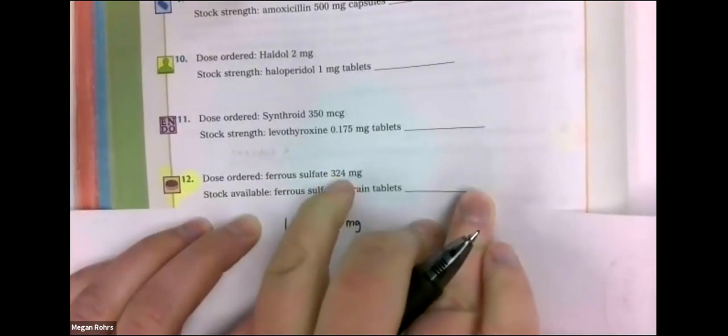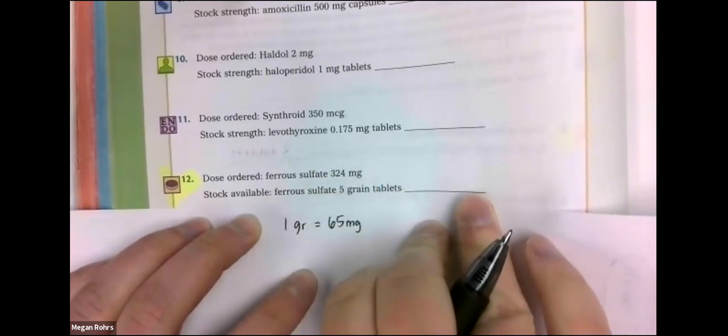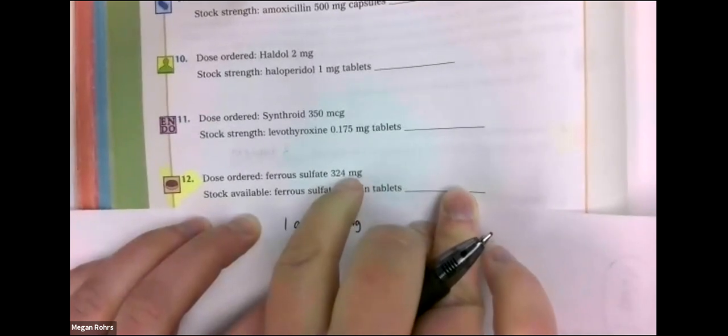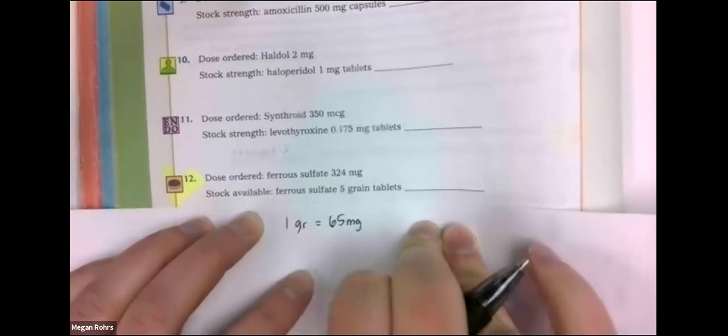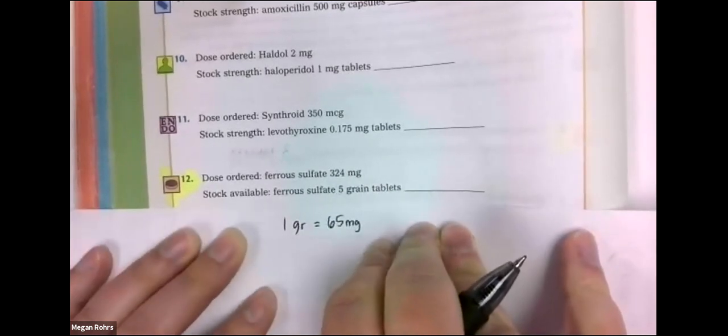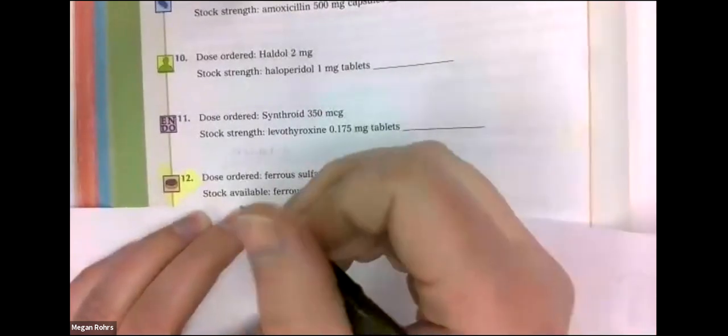And they are ordering 324 milligrams. So we can either convert this into grains, or we can convert 5 grains into milligrams. Either way, but we need to start with a conversion. So if we know that 1 grain is 65 milligrams,